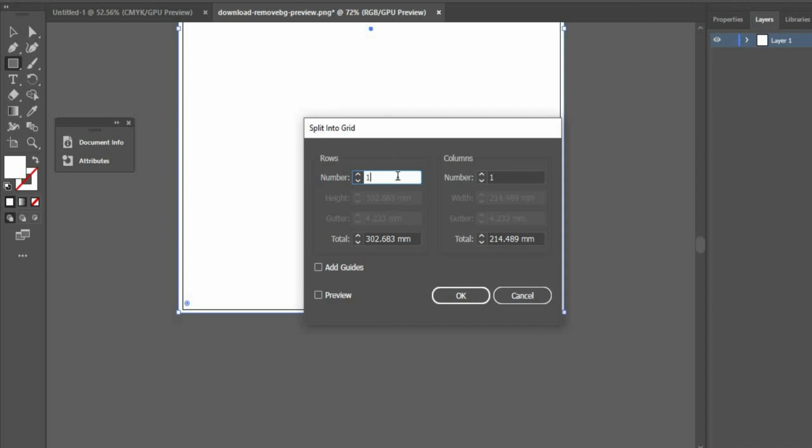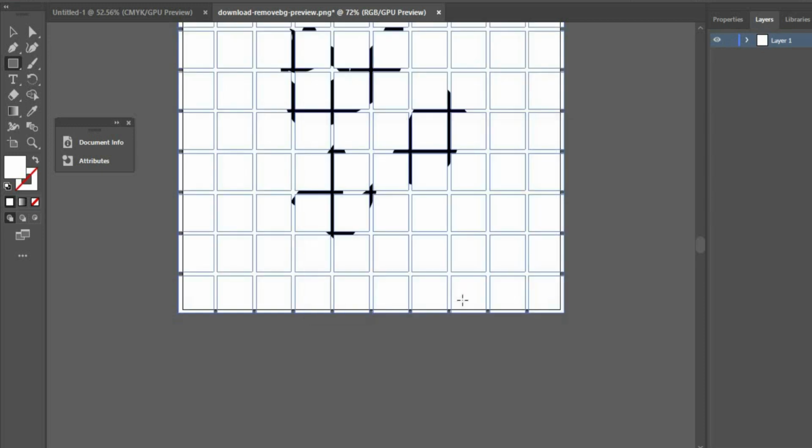Now you could specify the number of rows and the number of columns that is required. Virat Kohli has hit 70 centuries, so we require more than 70 polygons, because there are some white spaces which will be included in the grid and I need to avoid them. You could select the grid as per your choice. You could even do an experiment, but for the sake of this I am using 14 by 10, 14 rows, 10 columns, and the size of the gutter would be 2. Same for columns. Click on OK.